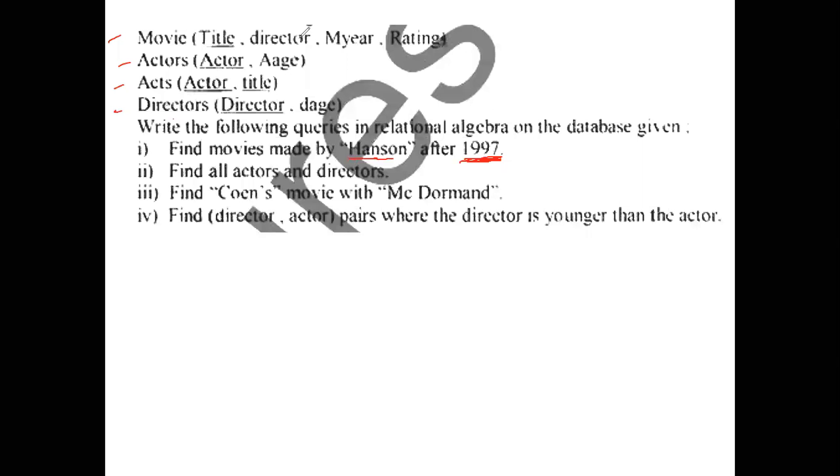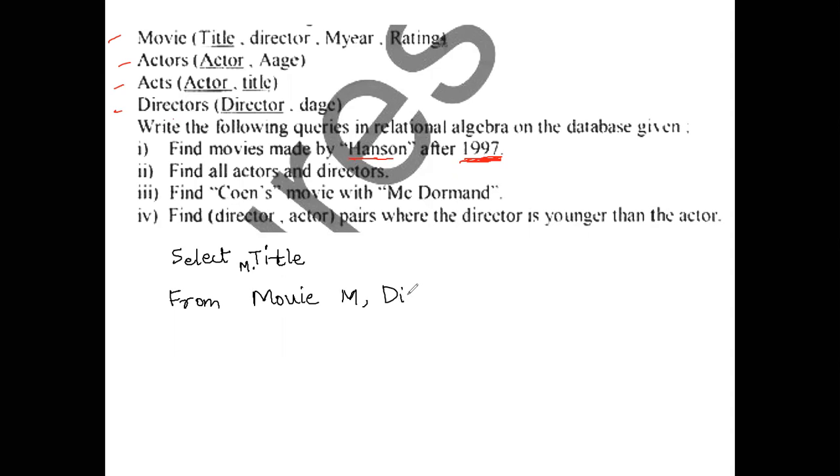So we can write the query like this. What we need to do is join the movie and director tables. So select, what are the attributes we need? Find movies. So movies means it is the title we need. So again let us use the alias m.title, from the movie table, let us give the alias m to this, and directors d,